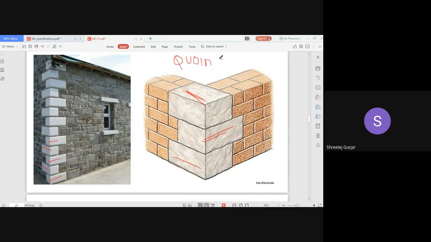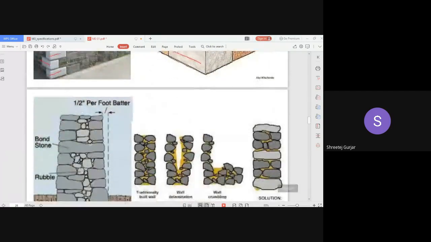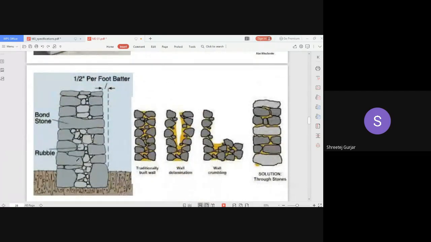Coins, like how you spell your coins, no? Coins, the same thing, but it is written using Qu, quoins. So these quoins should be placed in this fashion. Okay, take care. Next, certain stones are placed, one particular stone at each interval. At an interval they are placed like this.